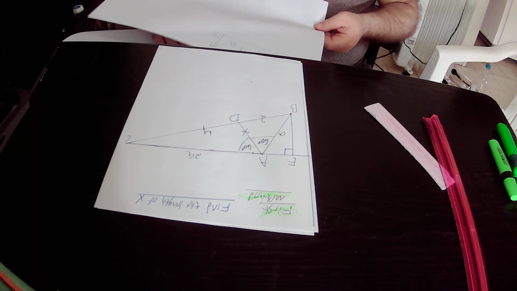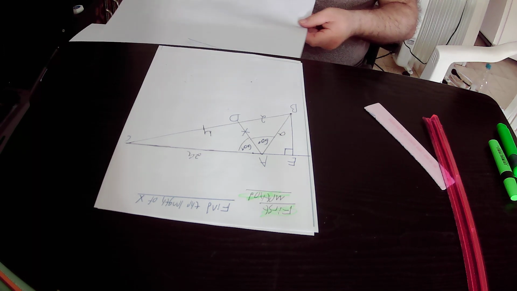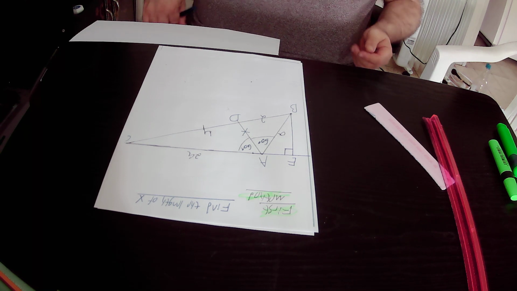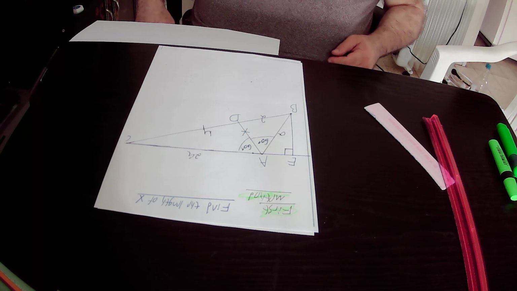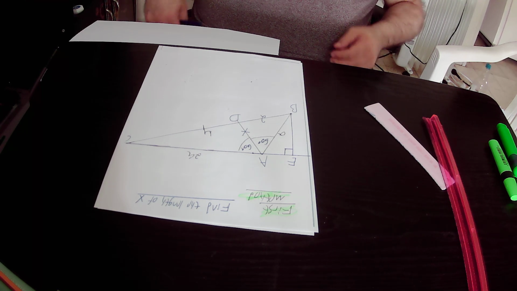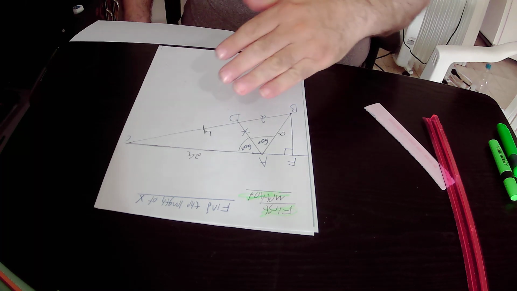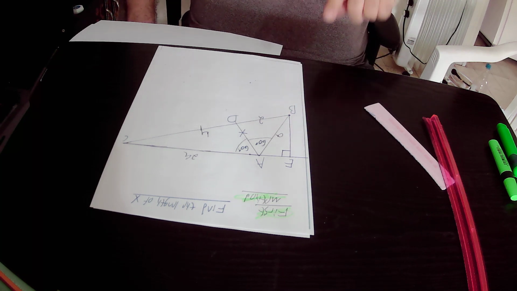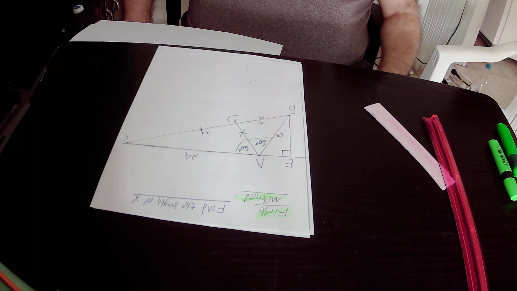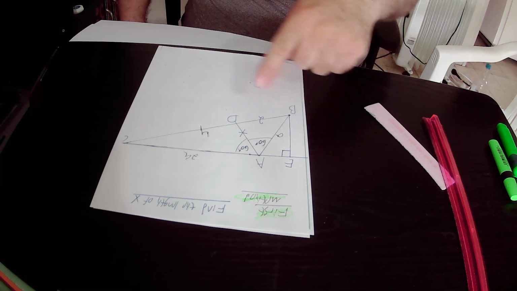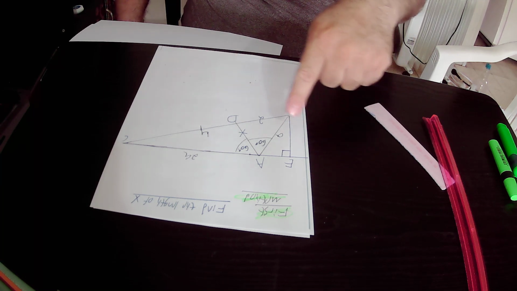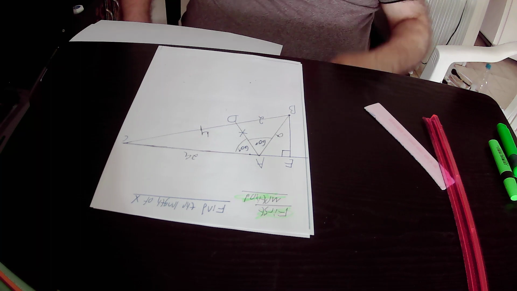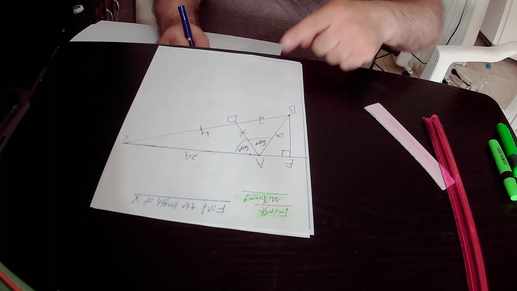So CE is a straight line, and we have the rule that the sum of the angles on one side of a straight line is equal to 180 degrees. Okay, so if we focus on the lower side of the straight line CE at point A, then the sum of the angles here must be equal to 180 degrees. Which angles do we have on the lower side of the straight line CE at point A? We have here 60 degrees,